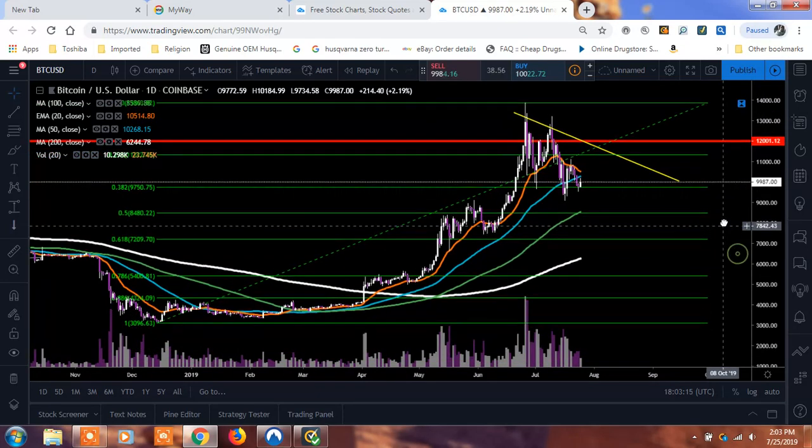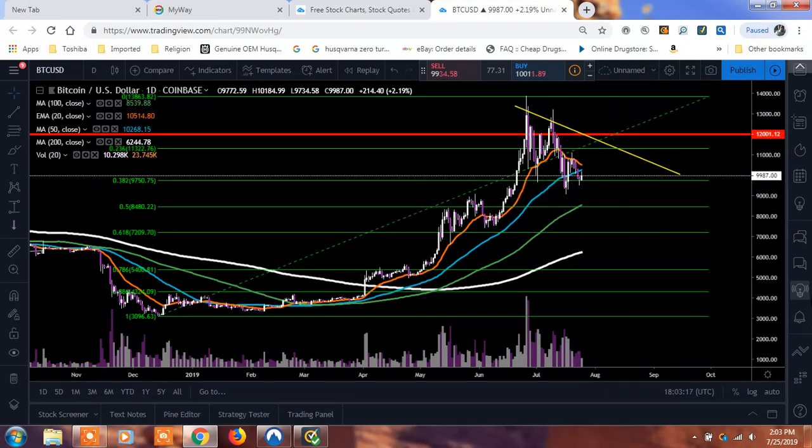Now, if we do start to break down through that 0.382, my first area I'd look at, guys, as support would probably be around 9,005 or 9,417, right in that area off the real bodies. And then I would go down to the 0.5 Fibonacci around 8,480 is what I'm going to be looking at there. So those are kind of the support and resistance areas, and also what we're looking at there with those moving